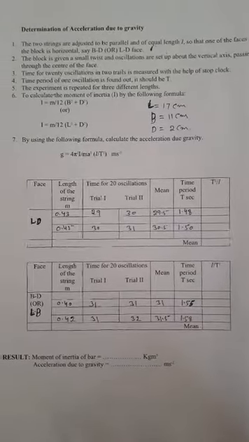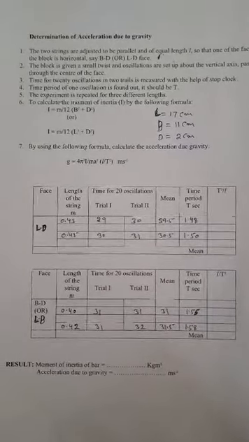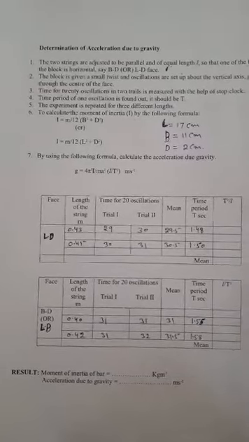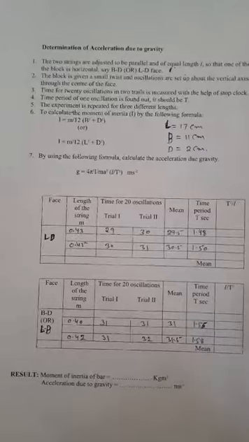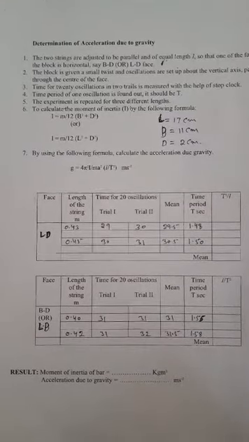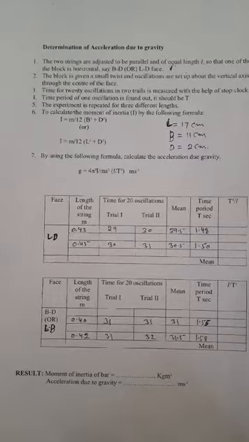So now simply you need to make the calculation part again similarly as in the rest of the experiments you are doing, and you will get your result for the moment of inertia of this bar and the oscillation due to gravity by putting the values in these formulas given over there.